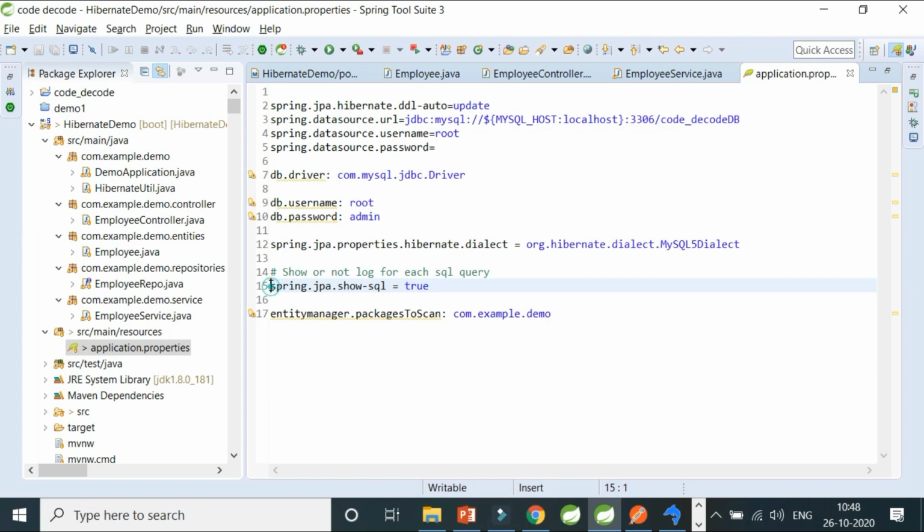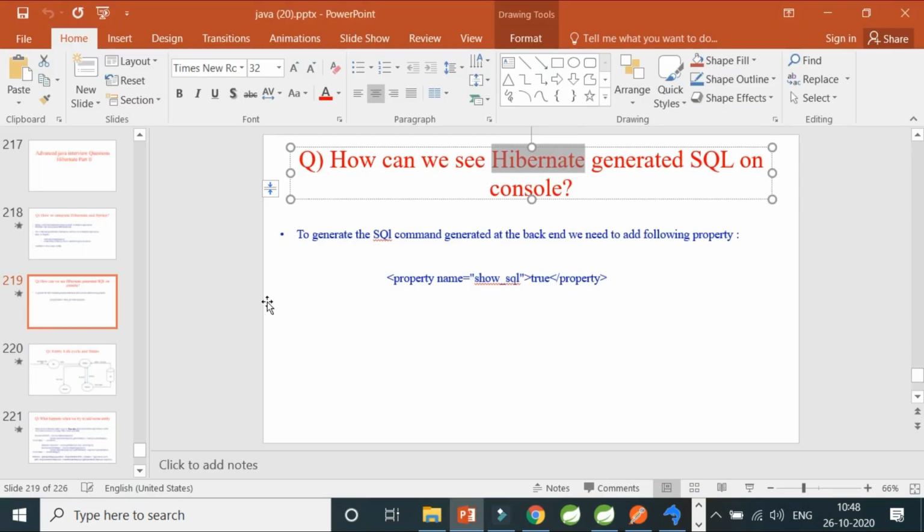So this is the real important property which I have added for you, so that whenever I write or execute something, you should be able to see the backend JDBC query of insert, delete, update, create, whatever. You should be able to see that on my console, so that you can have clarity while giving interviews about what actually happens in the backend.